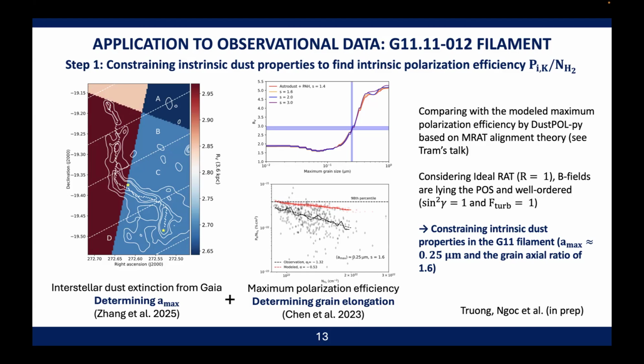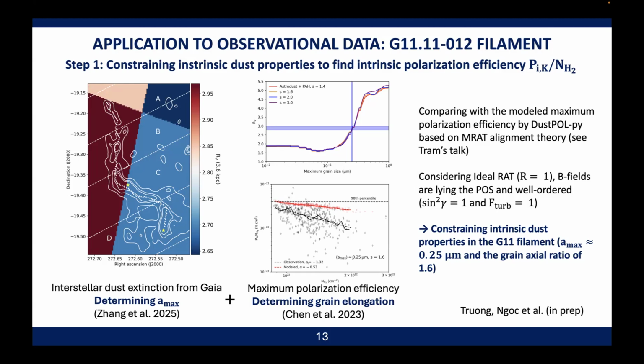So from the maximum grain size that we constrained earlier from the interstellar dust extinction, we can combine that with the maximum polarization efficiency that was previously measured by Zhi-Wei Chen. And from that, we compare the maximum polarization efficiency with the model maximum polarization efficiency that we can generate using the dot profile, based on the RAT alignment theory that was introduced by Trong Talk yesterday. And here, when we consider the maximum polarization efficiency, we consider that at the maximum point, the grain alignment is efficiently aligned with the magnetic field, and the magnetic field here is mostly aligned to the plane of sky and also well ordered. So we mean that